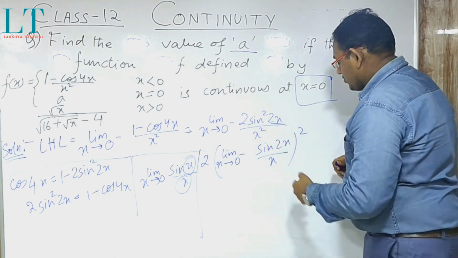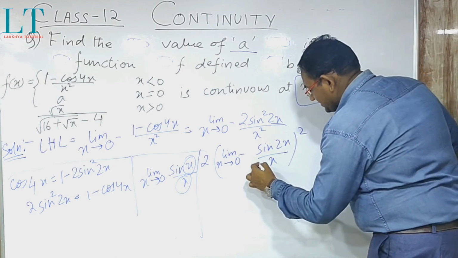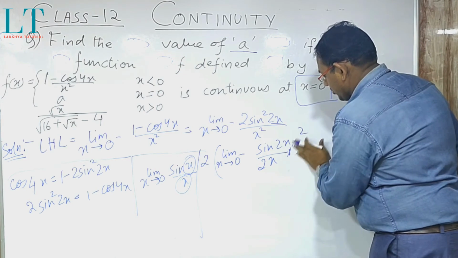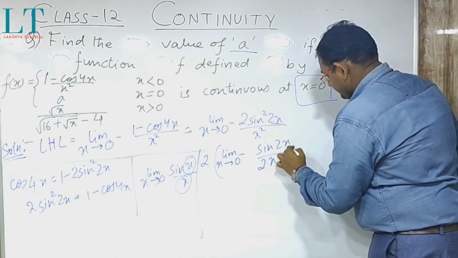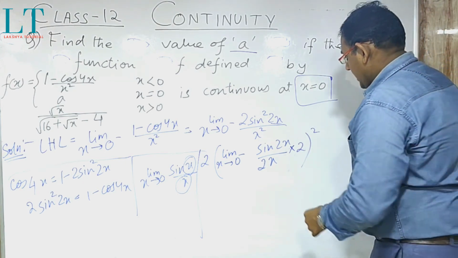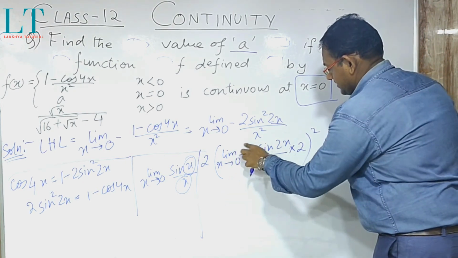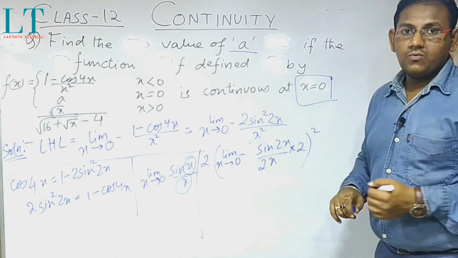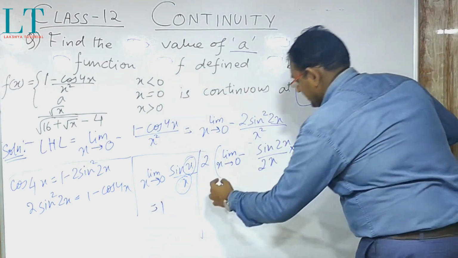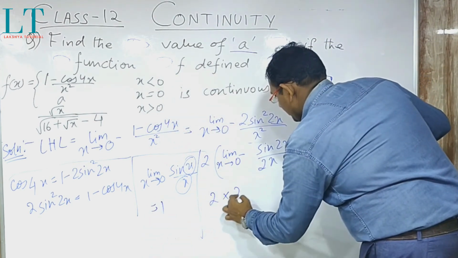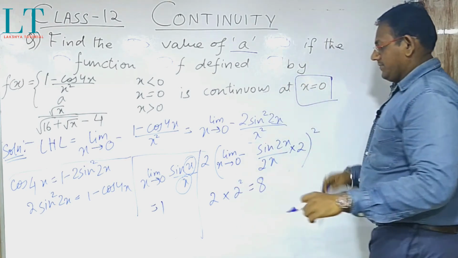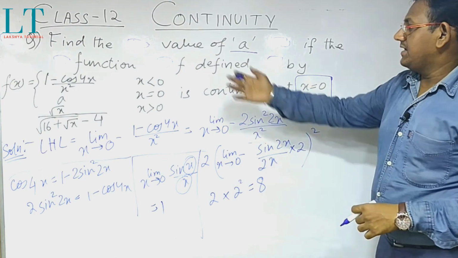Now the next thing is to do the adjustment. The adjustment says that if we put 2 over here, then we are basically going to put 2 over here also. So we are basically simplifying this one. Now this entire thing, this entire portion is 1. We know the formula that this one is 1. So we are basically getting 2 into 2 square, which will give you 8 over here. Now this is the left hand part.